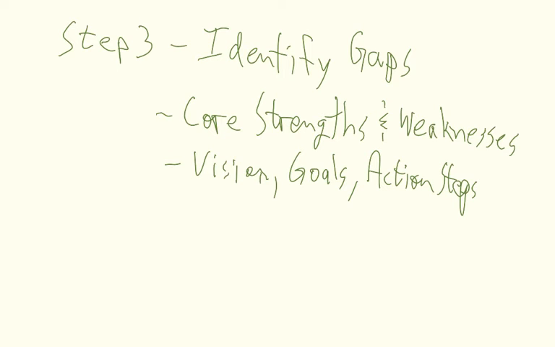What's the vision that I want? What's the shared vision that I'm hopeful we'll all have? What are goals I can take? What are goals we can collectively take in regards to specific action steps? So start laying out the plan here. It doesn't have to be a 30-page document or anything. Just what are my core strengths and weaknesses? Where are the gaps? What's the vision I have? What's the vision we collectively have? What are the goals we can collectively reach consensus on? And what are the action steps? And then lead.